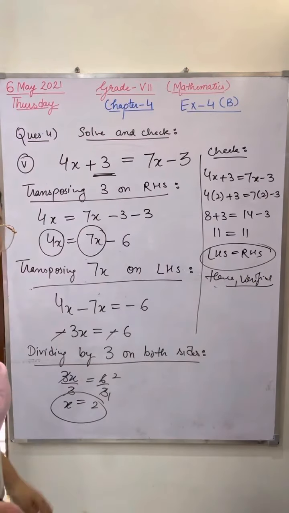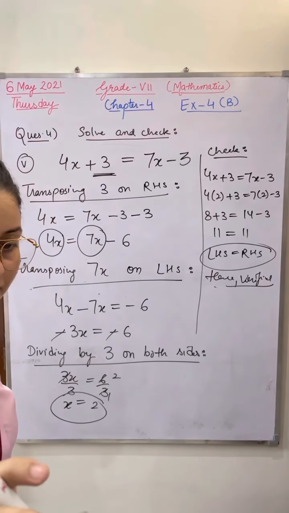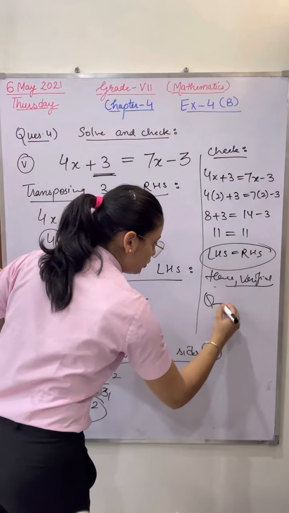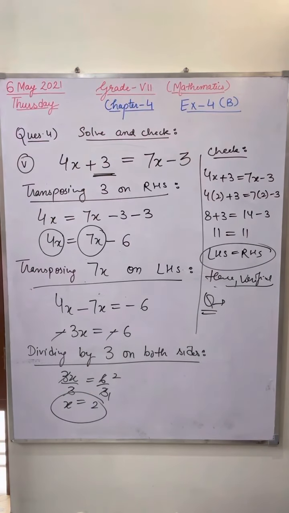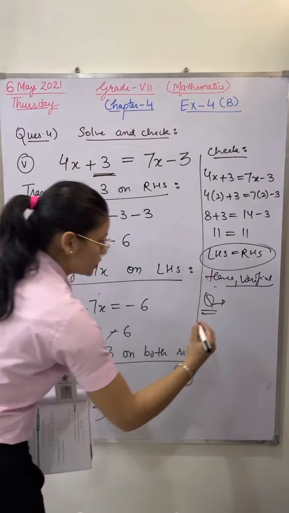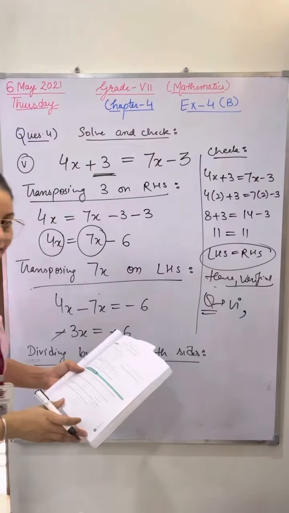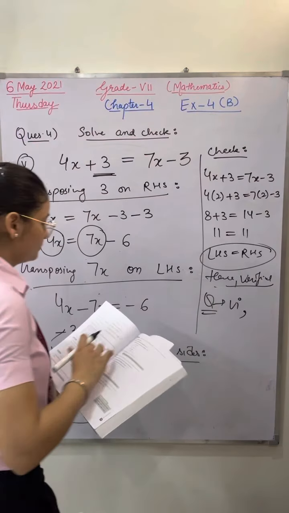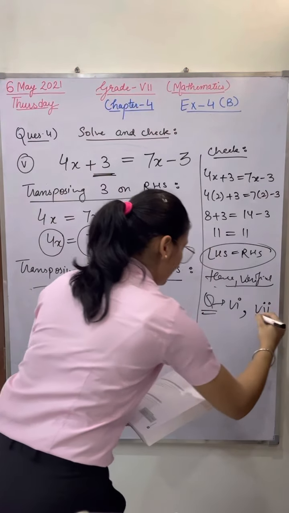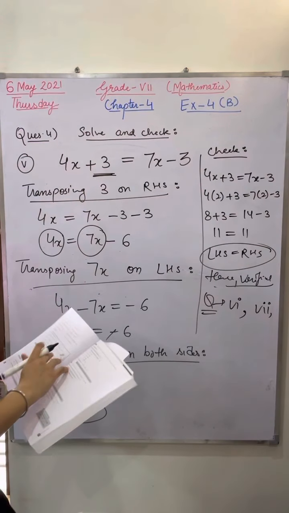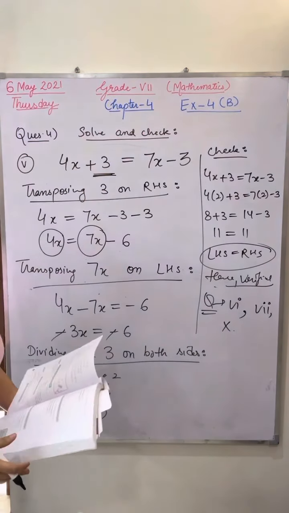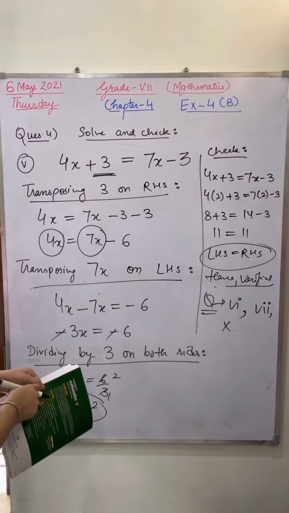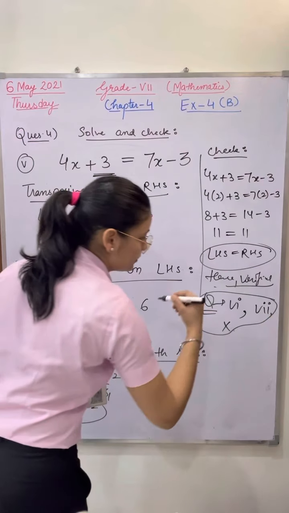Any doubt is there? Any doubt is left? Deepak Chauhan. Now quickly mark the question for the homework. I am giving you question for the homework. Okay, question 6, sixth part. Seventh part, and one more part I'm giving to you, that is 10th part. Rest of the parts we'll discuss tomorrow in the class. These 3 parts only you have to do at home today.